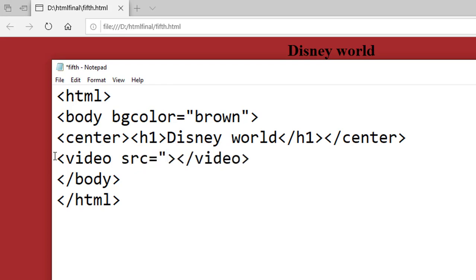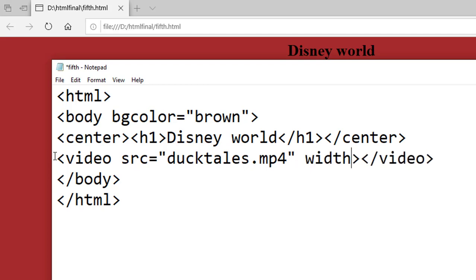I already saved all the videos in my folder, so I will simply write the name like ducktales.mp4, because I am uploading an mp4 file. And I want the width of the video as 200, so 200.